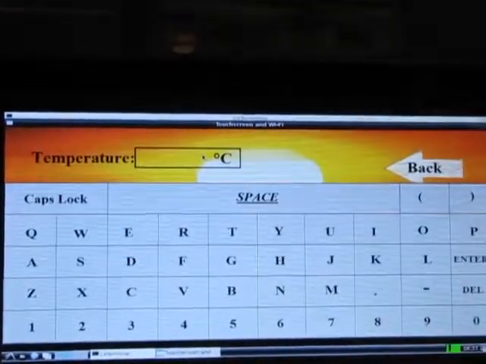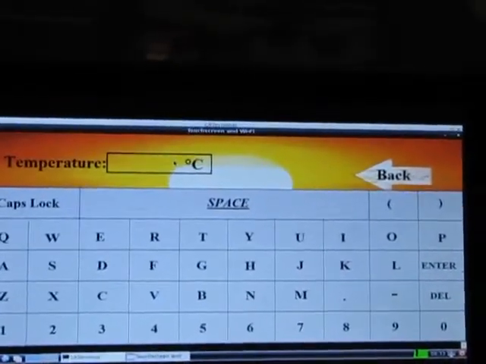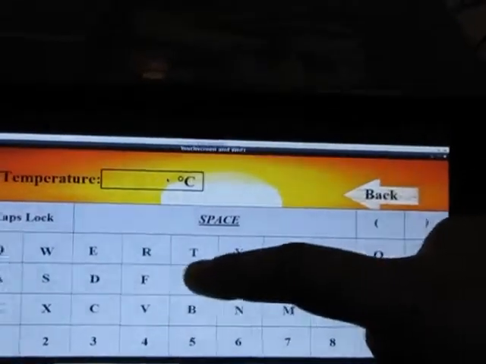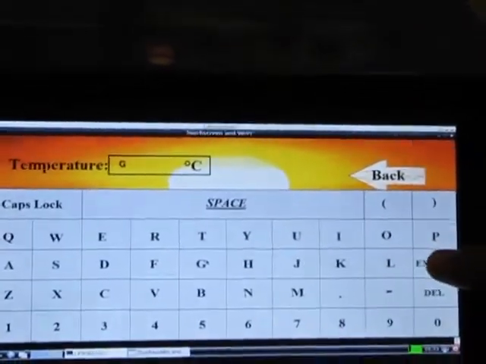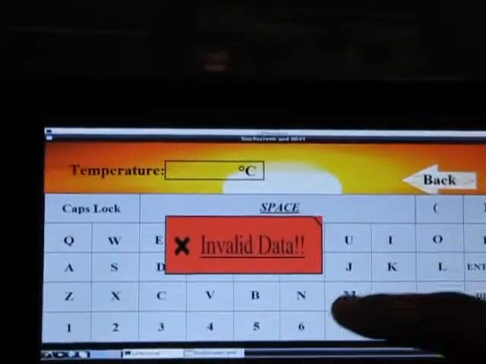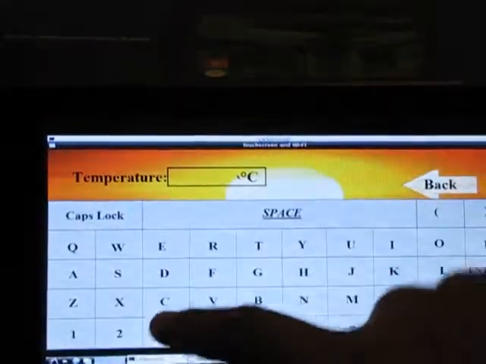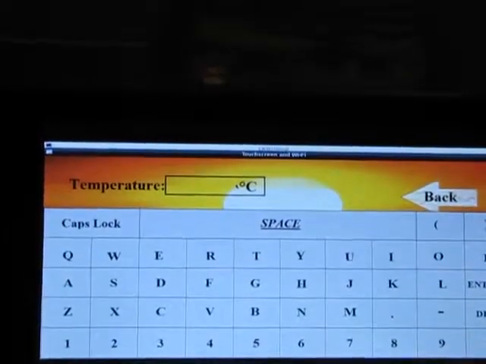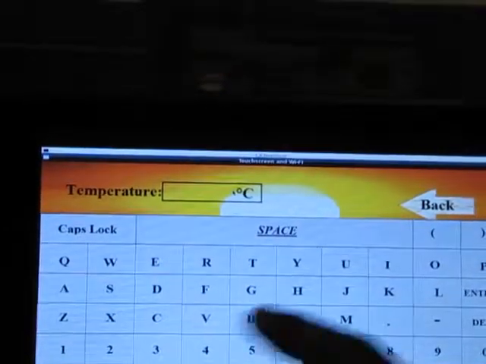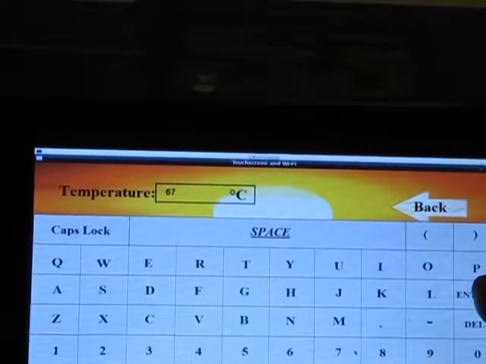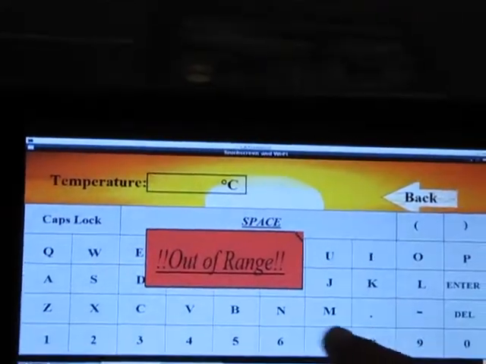Now we have coded this particular graphic user interface in such a manner that if I enter any text here, then it won't accept, it will show invalid data. And if the temperature which we enter is below -30 or above 60, then it will send an error message stating that it is out of range. For example, out of range.